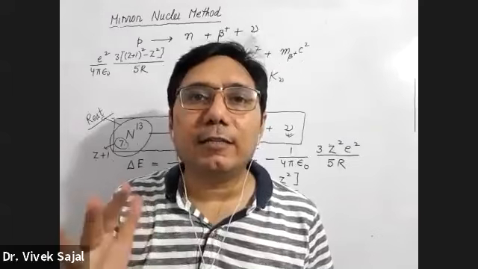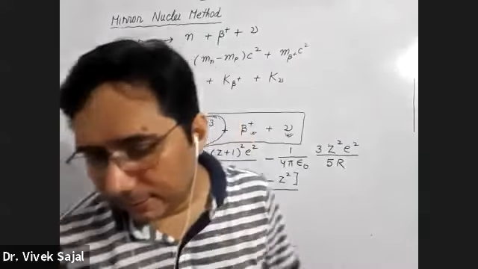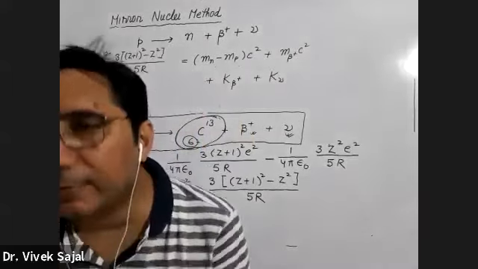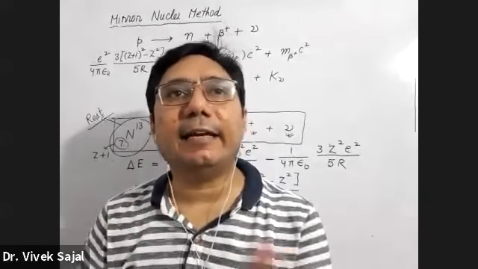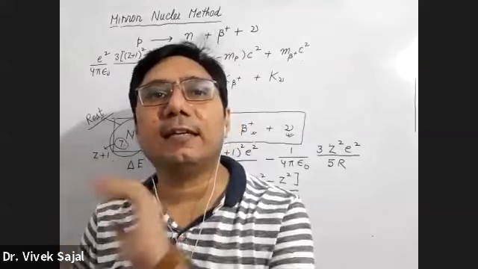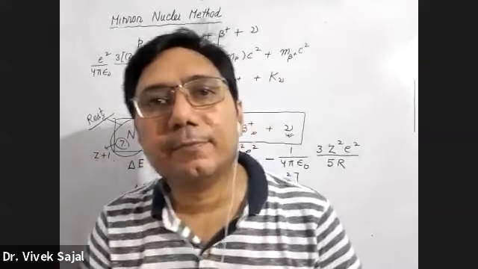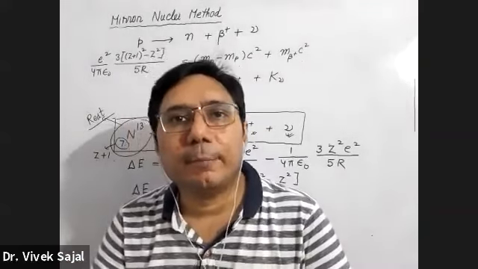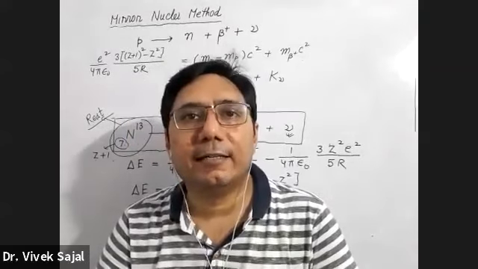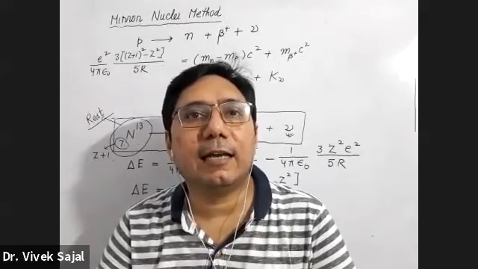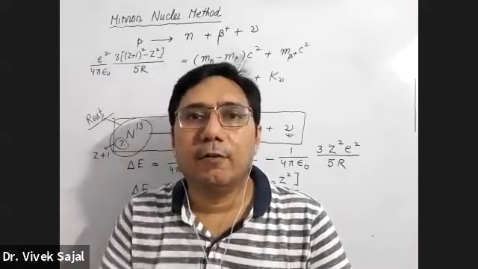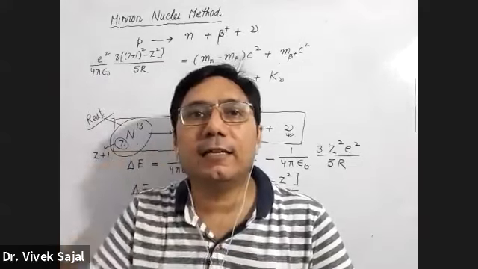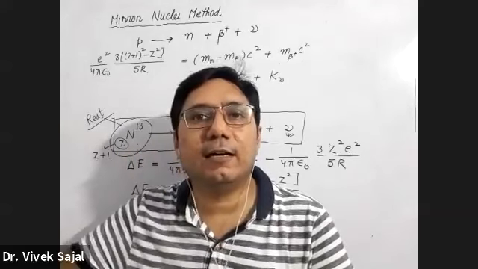Why is this value different? You must have studied beta emission. Why is the kinetic energy carried by the beta particle different every time? Beta particles don't carry the same kinetic energy; rather, they have a continuous range of energy which they can have. The first beta particle can have a different kinetic energy, the second can have a different one, the third can have a different one.